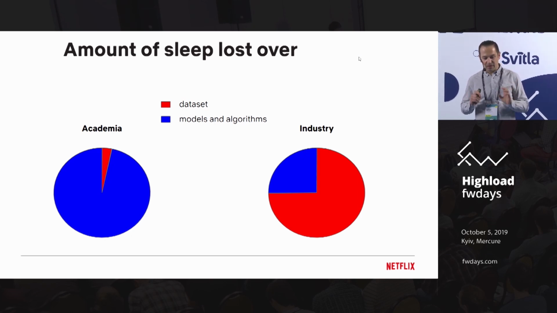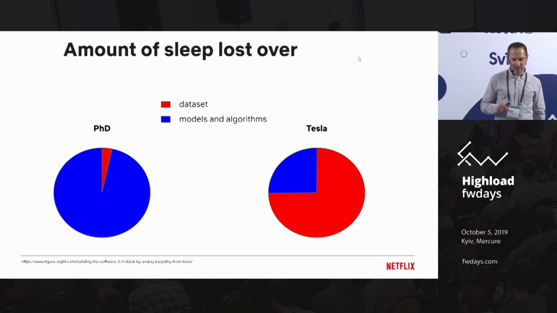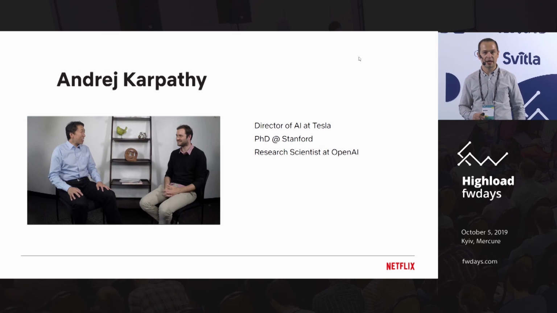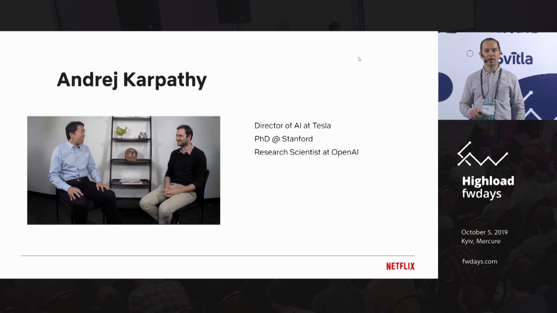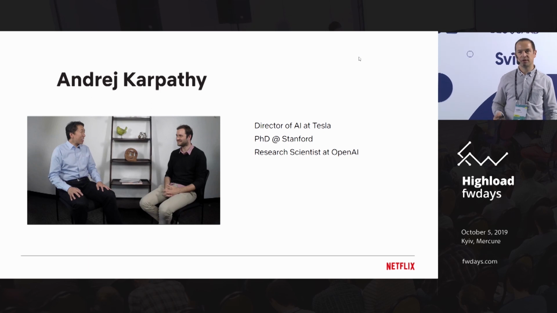And this could be a really nice joke if the original slide wouldn't look like this. So this is the slide from a guy whose name is Andrei Karpathy, whom you saw before. And he happens to be director of AI at Tesla, and he's also a PhD at Stanford. So there is some legitimacy to what he is saying. Now, why does this shift exist? Why is there a difference between what you do in academia and what you do in the industry?